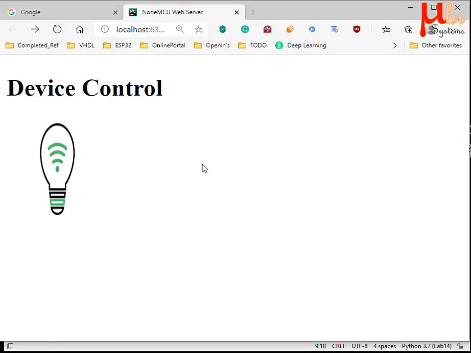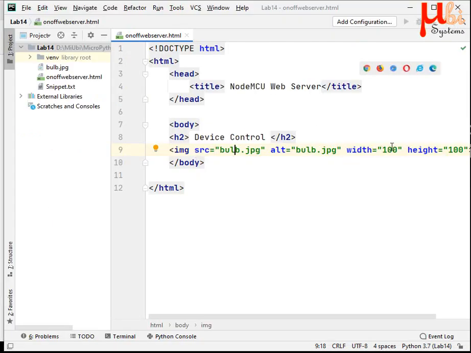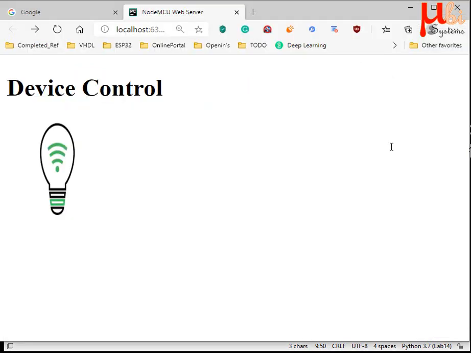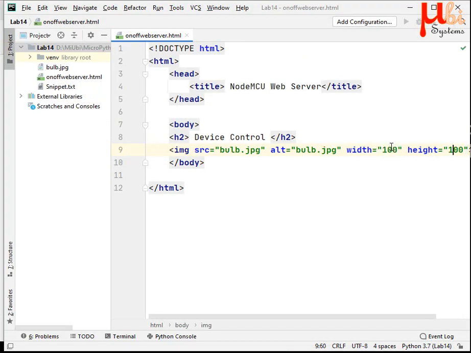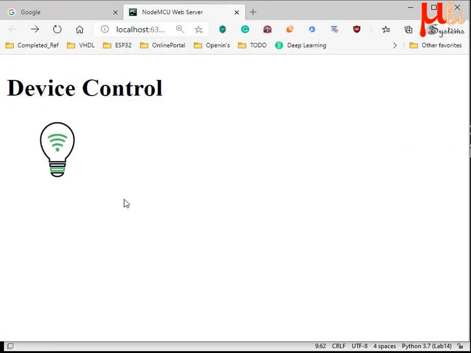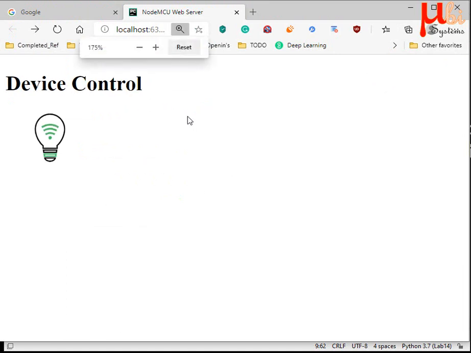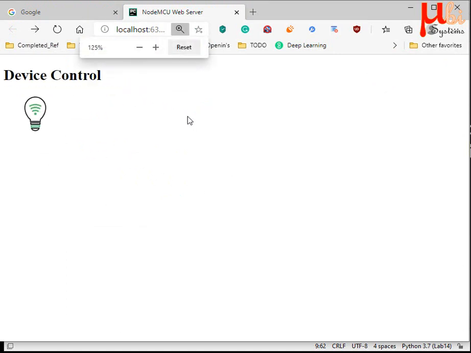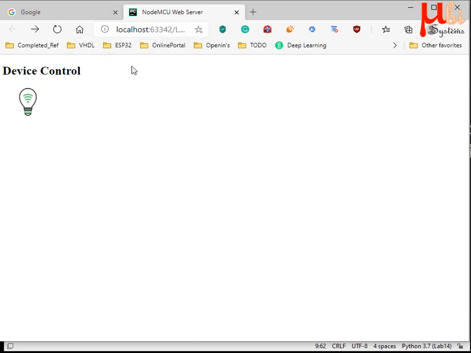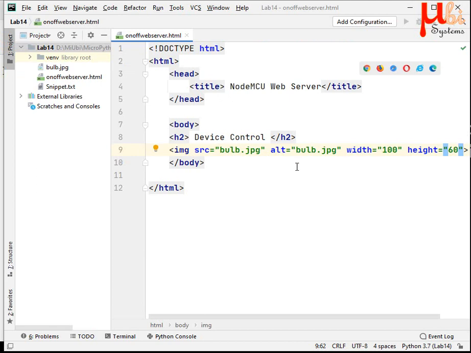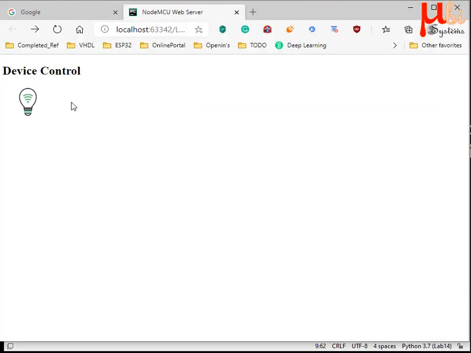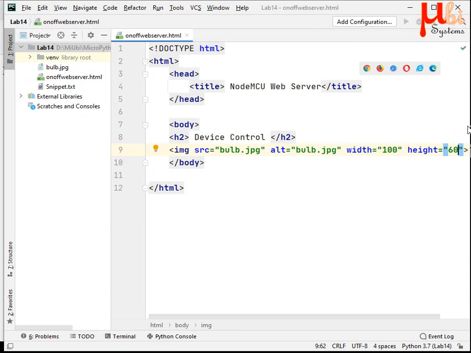Redisplay it. Yeah, it's pretty good. Let me make it something like this, bigger. Is it like that? Let me reduce the height. Let me do it, and yes. Okay, fine. Did I zoom it too much? Oh, yes, this is the proper zoom. This is the page. This is 100%. Okay, now my page name is device control, and there is a representative image of bulb control.